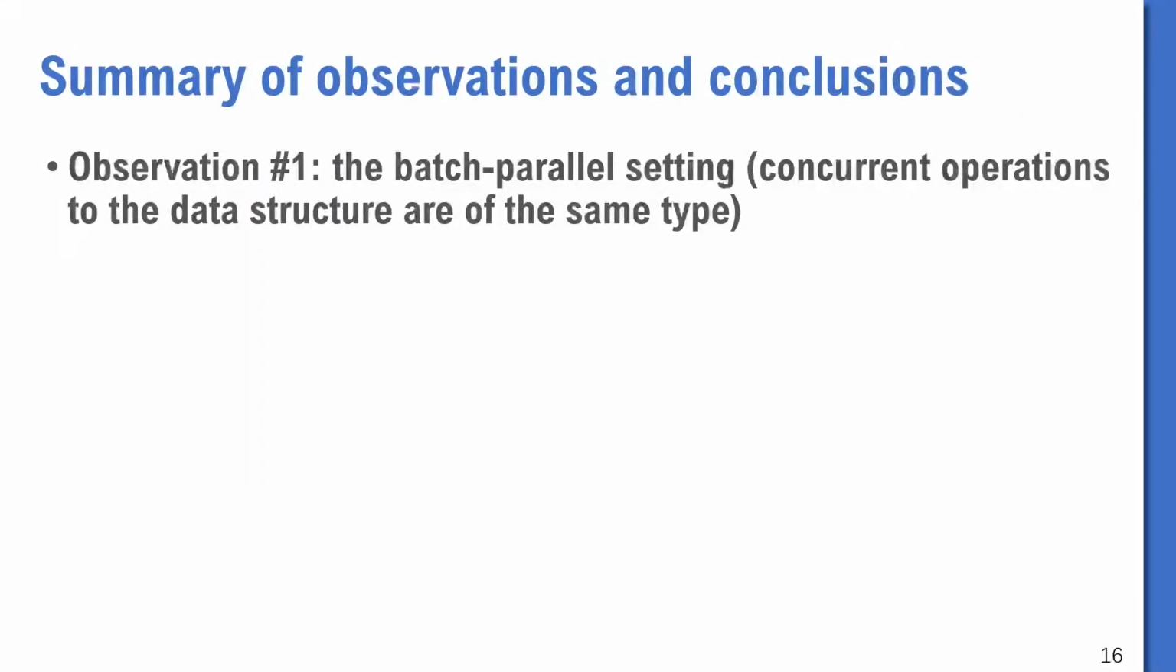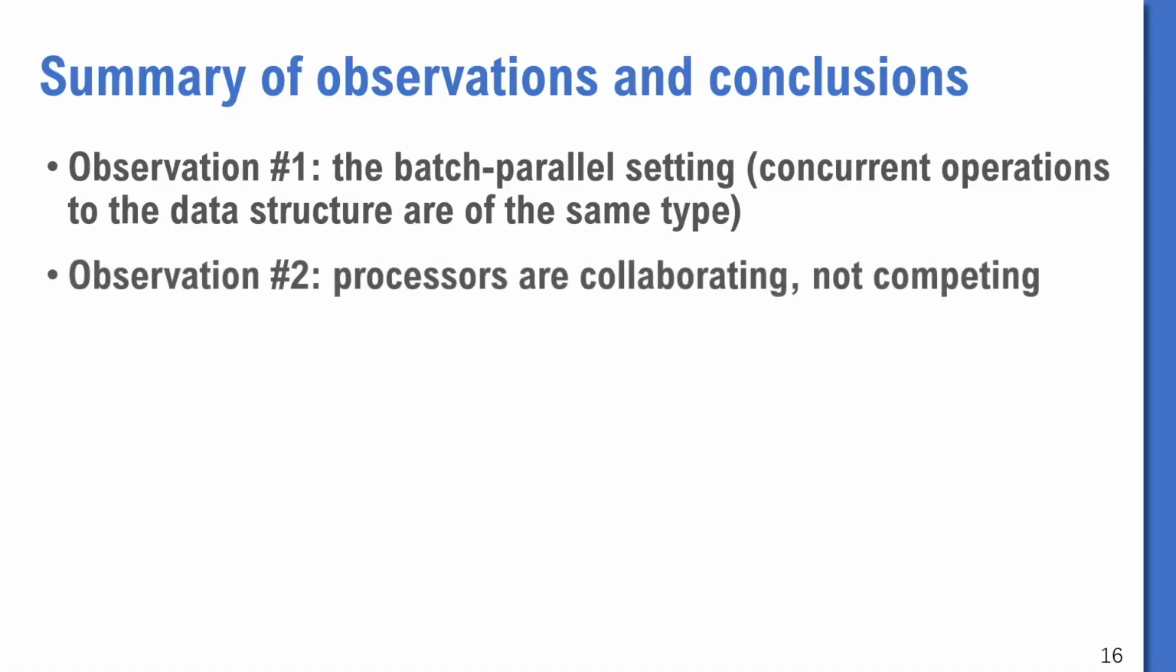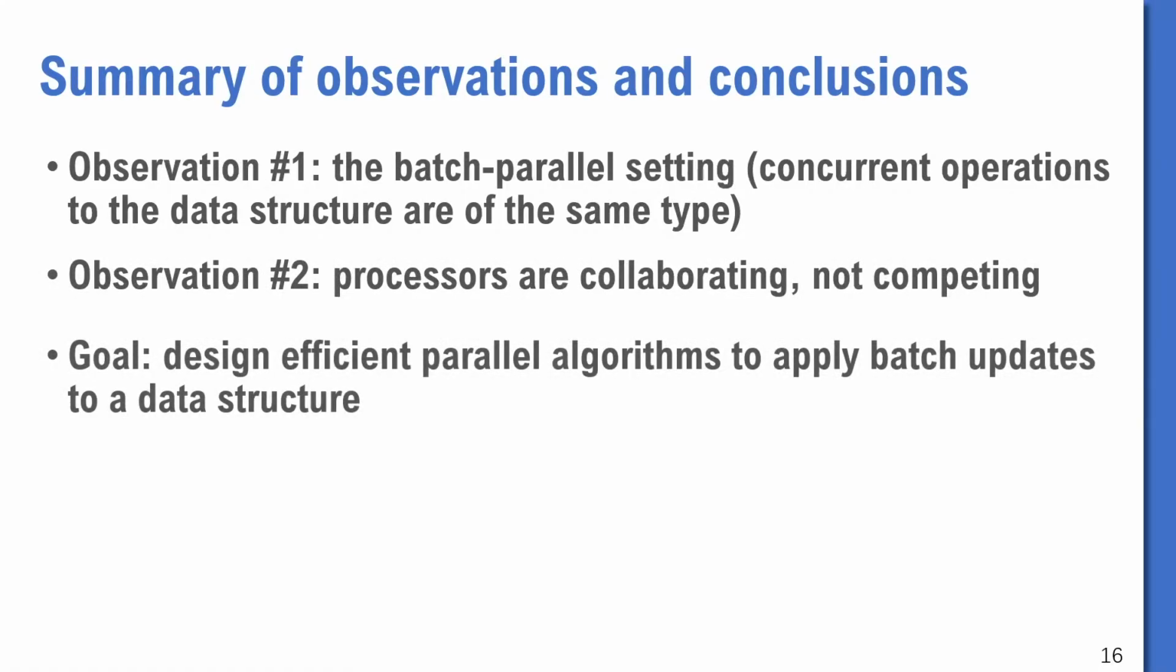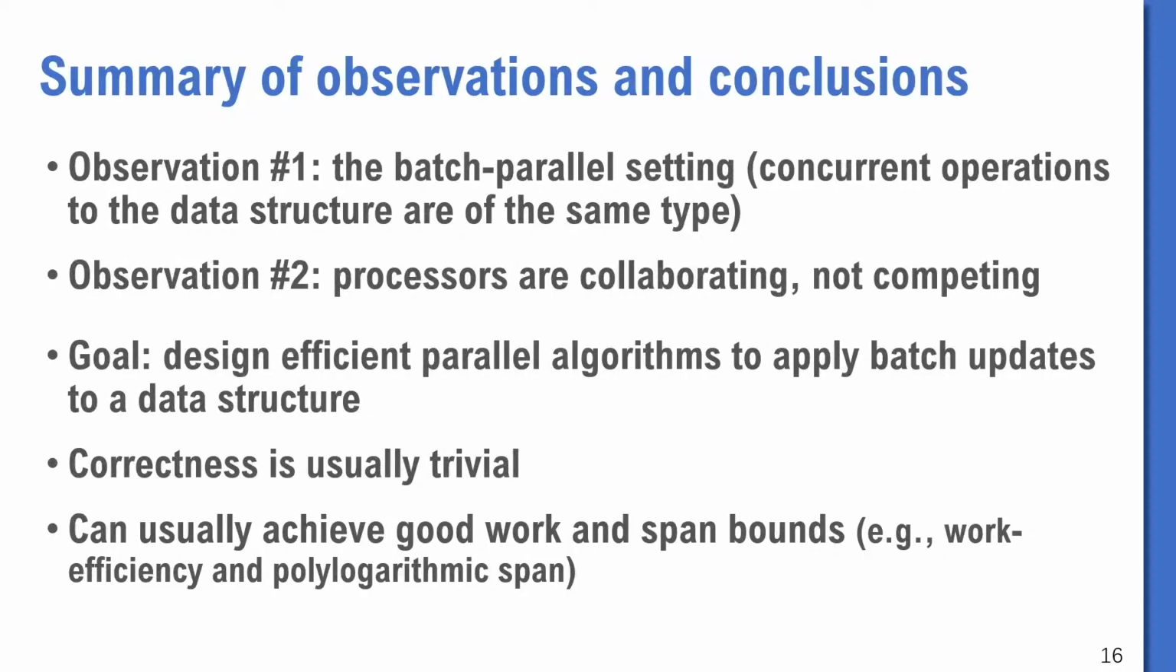So this is the summary of the observations. You have the batch parallel setting, which actually makes the problem a lot easier than the concurrent setting, and all processors are available. So we're actually designing parallel algorithms to apply these updates or constructions. We're not trying to analyze how processes react with each other. Now you're designing an algorithm, the correctness is usually trivial, and the problem is a lot easier. Then you can try to design good algorithms with work and span bounds. You can directly plug them into your entire algorithms and get an overall theoretical guarantee,